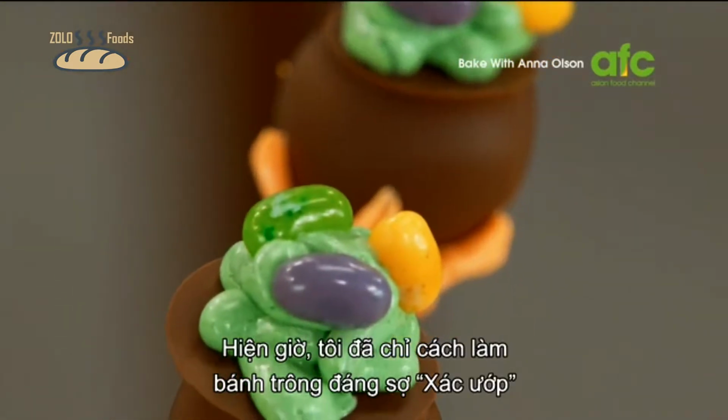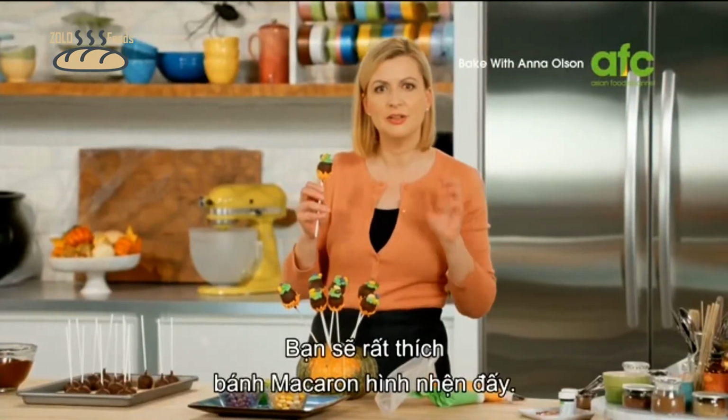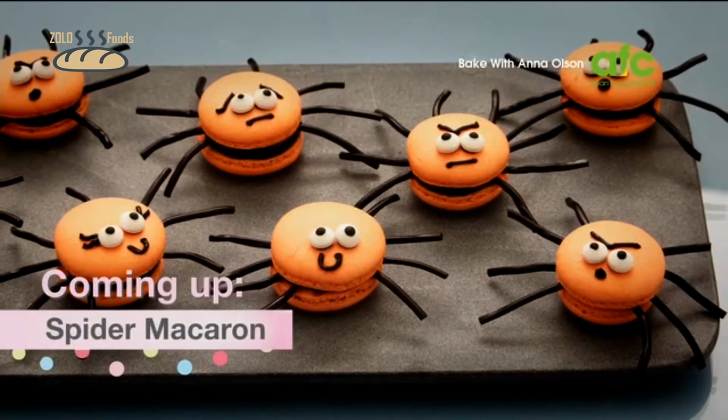And now I've got you spooked with mummies and with witches' cauldrons, but you know what we're missing? Spiders. And you are gonna love my spider macaron. At the base of that spooky treat, a classic